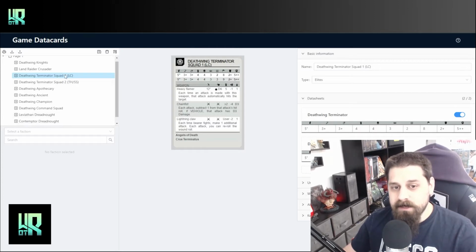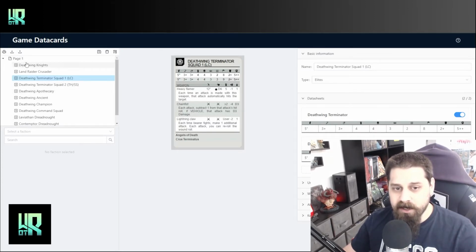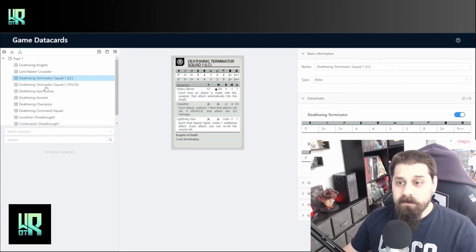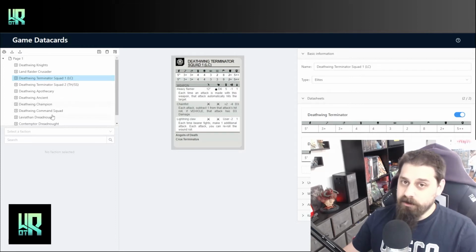So you can see here on the left side, I've got a page and I've got all of the data cards that I've created. This is for my Deathwing Terminator army. These are all finished data cards. I've printed these out. I will show you how I printed them out and what they look like. It's super sweet in a little bit here, but I want to teach you guys how to use this